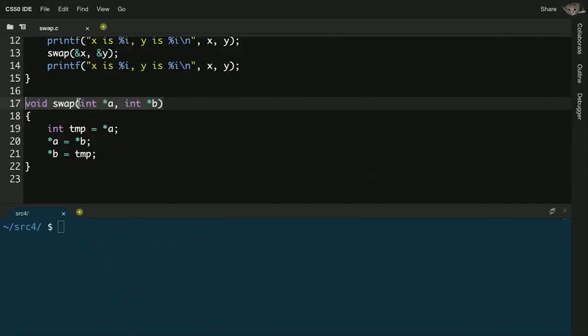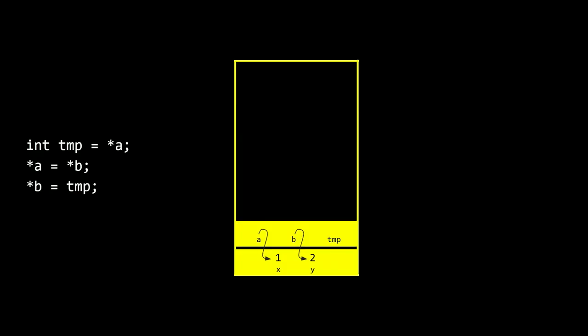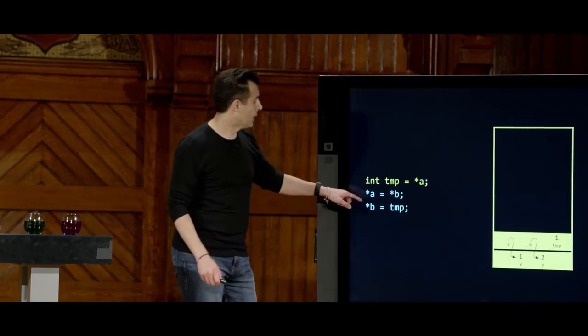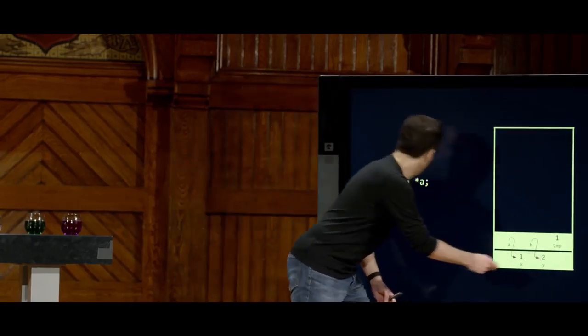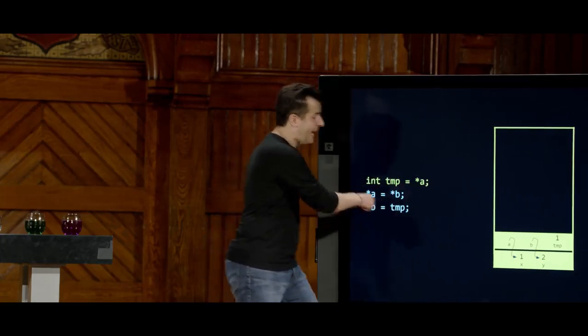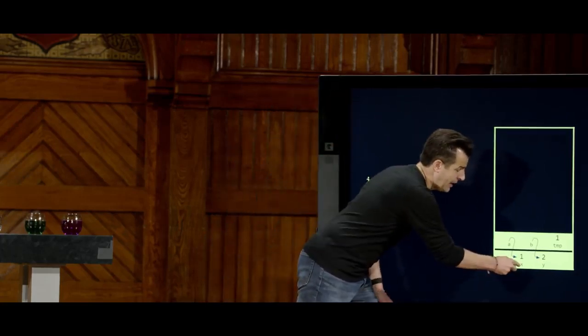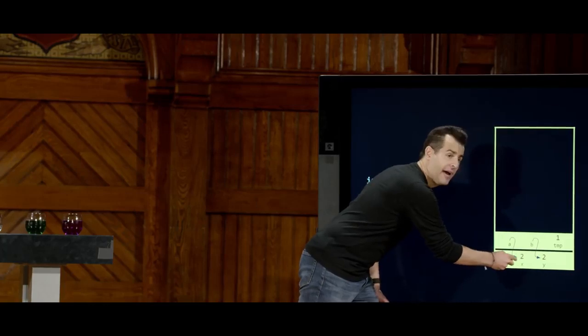Instead, if I go back here to these 3 lines of code, here now is a correct version. The first line of code here says go to the address in a and store it in temp. So in a moment, I'm going to go to the address in a by following this arrow down to x, and I'm going to store in temp the number 1. Second line of code, I'm going to go to the address in b. So that's like following the arrow, which leads me to the 2. I then follow the address in a, which leads me to x, and I put 2 in x.